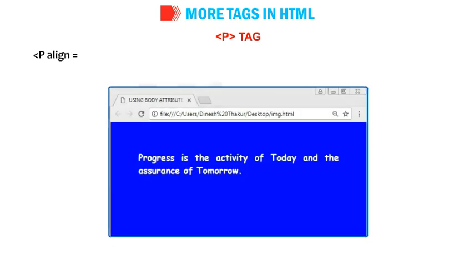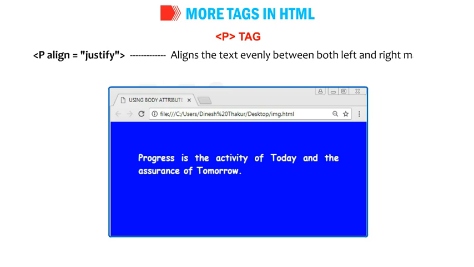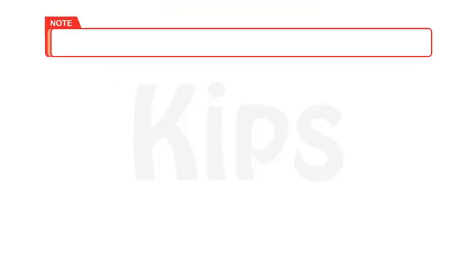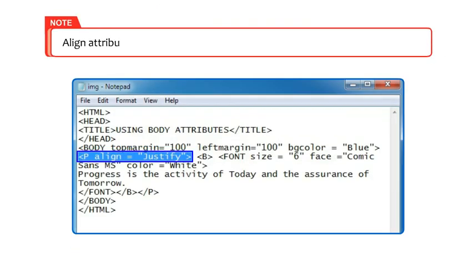P align equals "justify" aligns the text evenly between both left and right margins. Students, note that the align attribute can also be given with heading tag, font tag or paragraph tag.